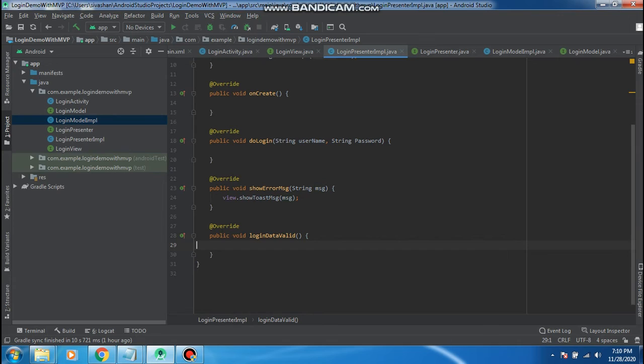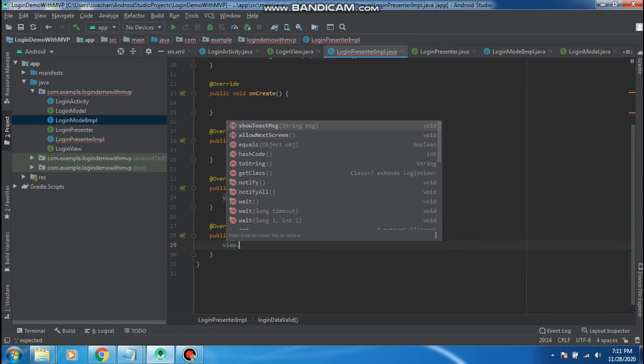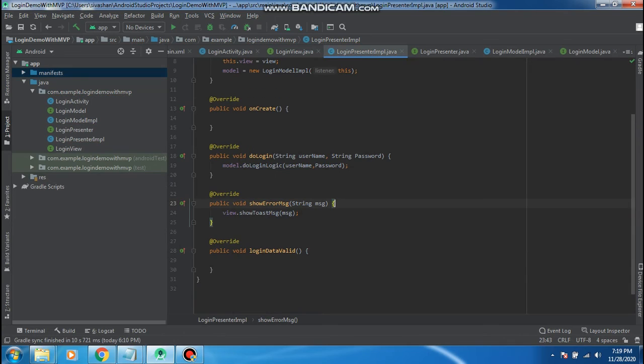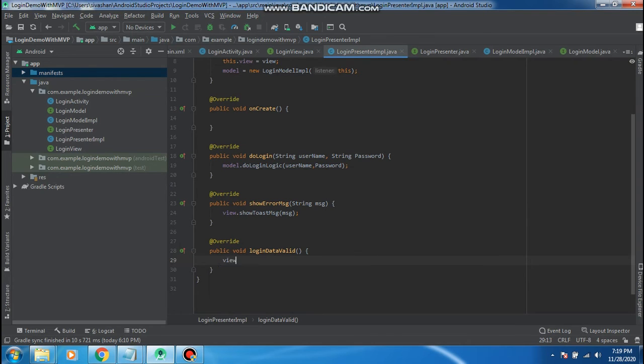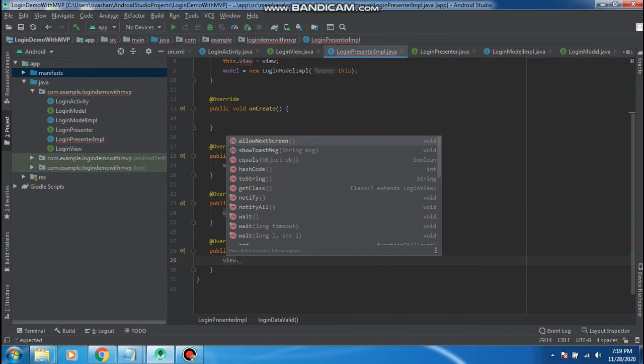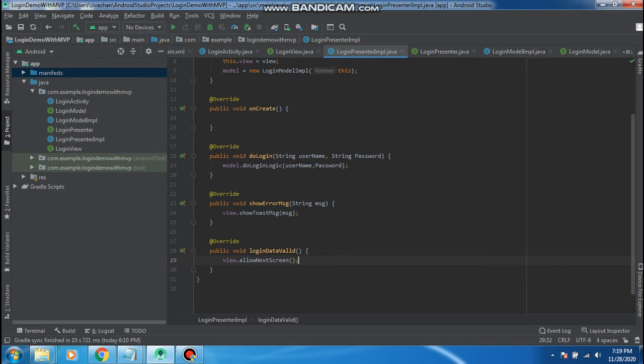If the data was correct, I allow that. If the data was correct, I should call allow to next screen.